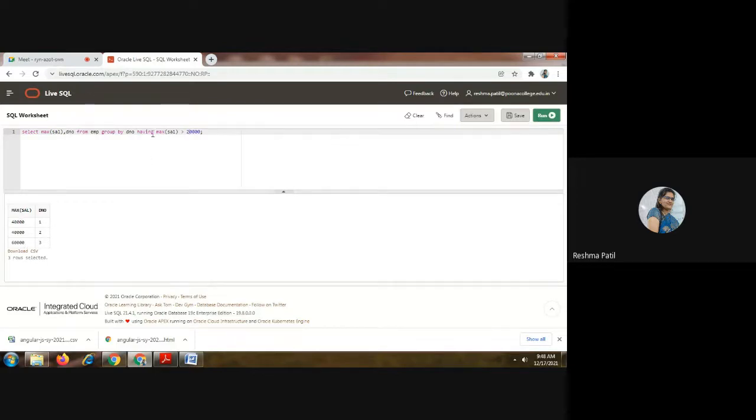We have given the condition, that's why these records are also shown. We want these records also, whose salary is greater than 20,000. This salary is max, 40,000 is greater than 20,000, that's why this record is shown here. Normally, if you write only max salary here, it will show 60,000 from that salary column. Clear this? Everyone clear? Yes, ma'am. Yes, ma'am.